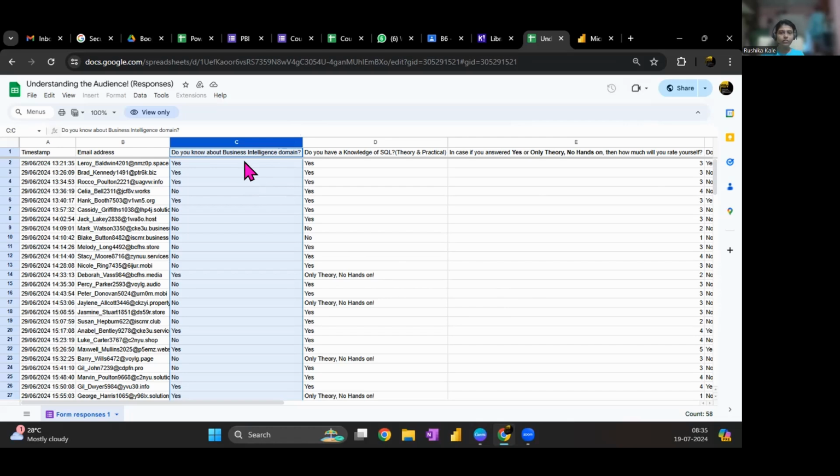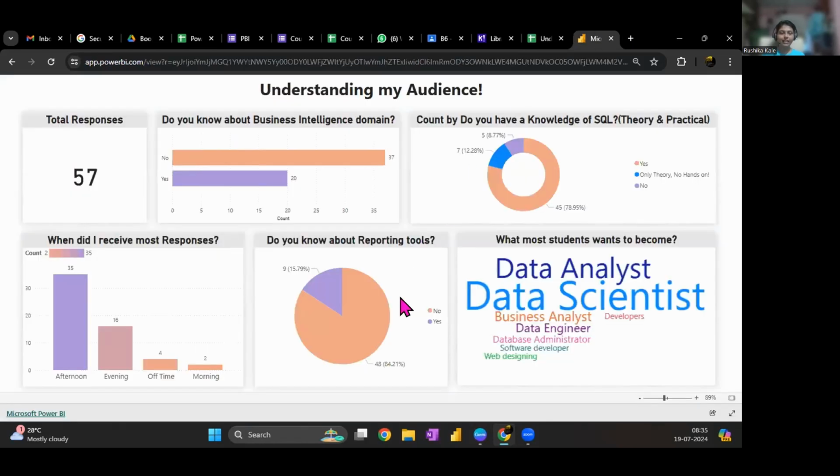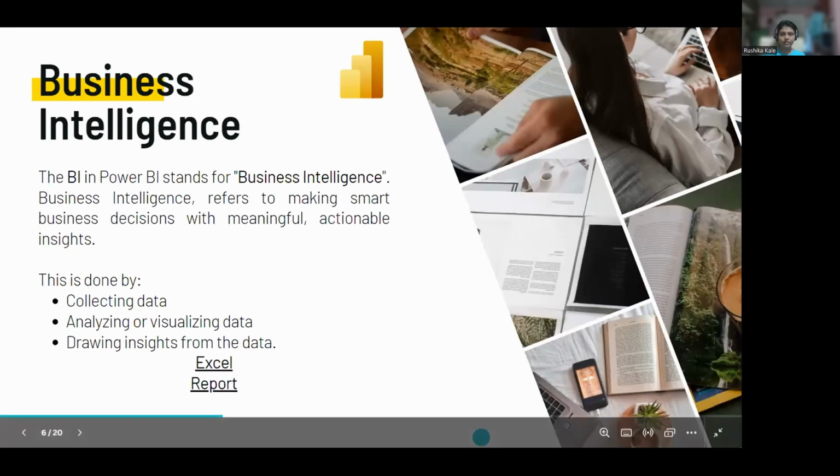So instead of relying on Excel at certain stages, we can definitely use a reporting tool, and it is going to show you the direct results. You just have to analyze how the charts represent things, and that will be the solution for you. That will be the plan for you to do something better. And that's your overall business intelligence process.